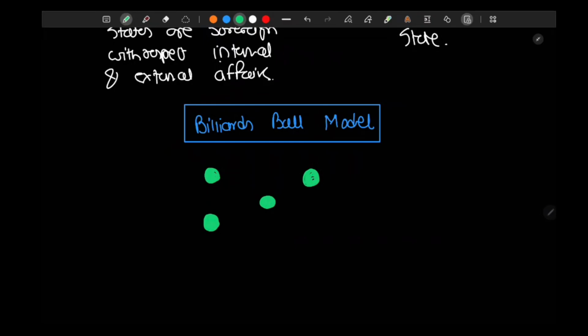These 5 pool balls. There is a reason why I'm filling them up. I could have made them hollow, but there is a reason I am filling them up. You will shortly understand. So these are 5 pool balls, not really round, but again, you have to make peace with it, I'm not an artist.